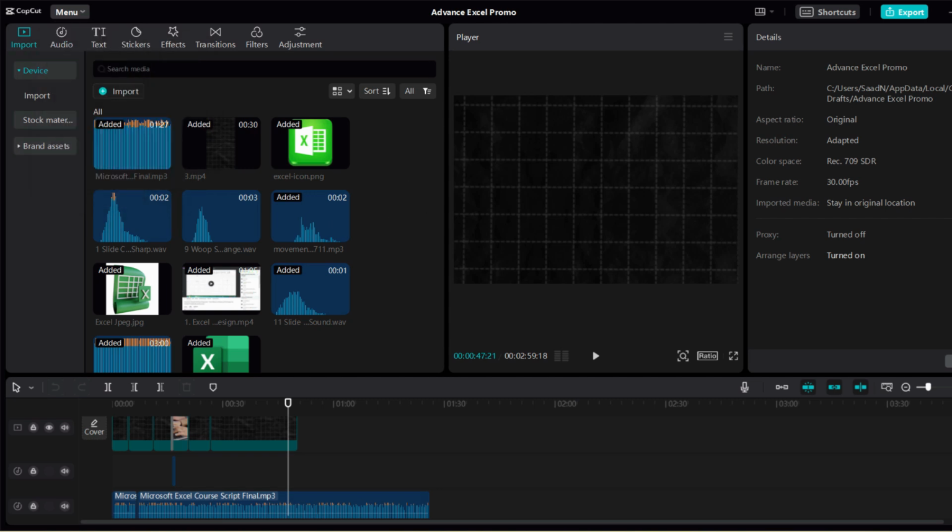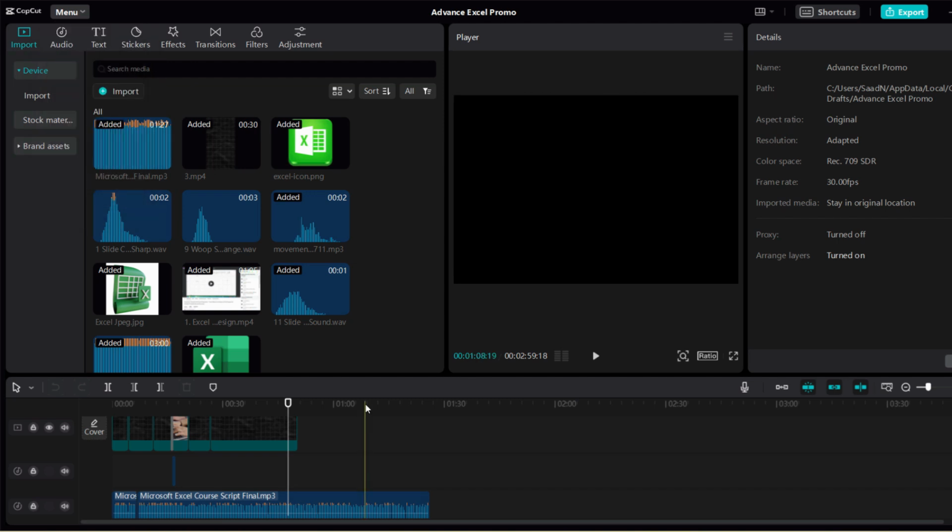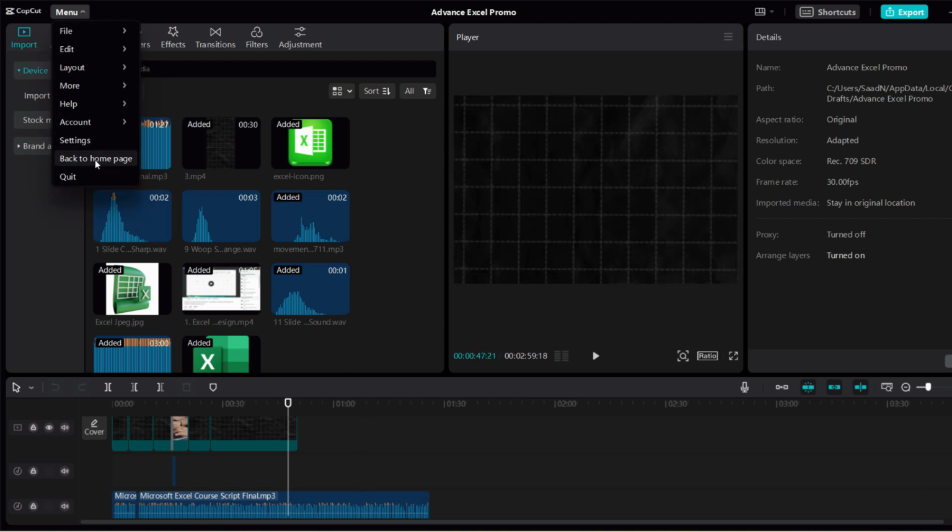You can just simply close it and it will save automatically. So either we can close this and open CapCut again to see the project files, or you can go back to the home page from the menu. But if you want to save this project for safety, you can do this and then try going back to